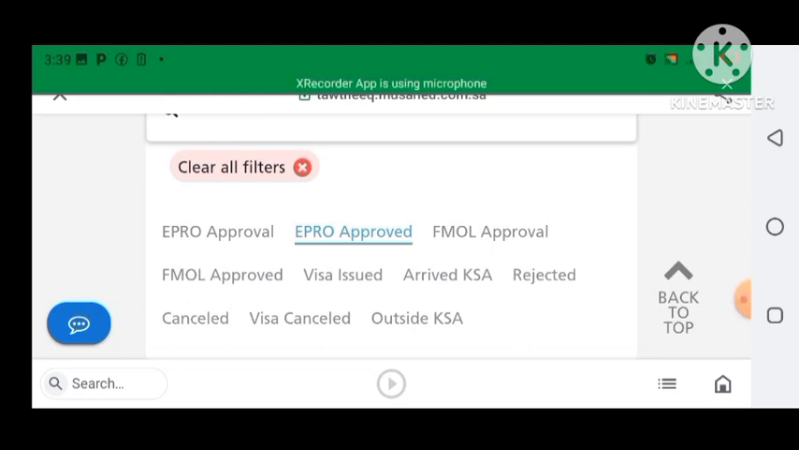When the contract has been signed and scanned, then if the contract has been signed and uploaded on the system, that candidate will be removed from the option of Epro approval. Then she will be indicated in that orange outlook that Epro approved, meaning that the candidate